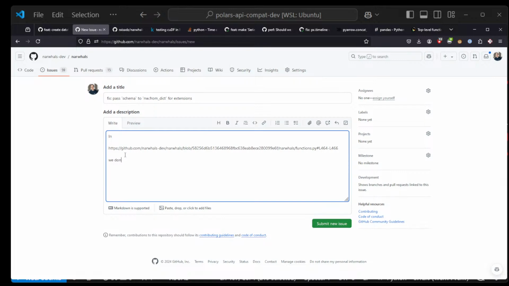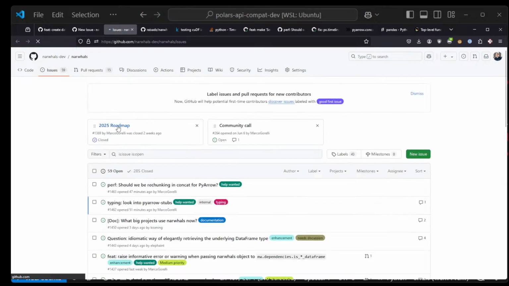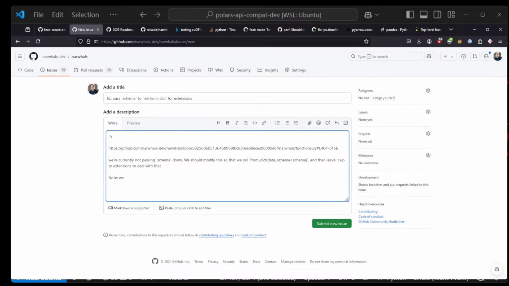So in here, we're not passing schema down. We should modify this so that we call from_dict with schema equals schema, and then leave it up to extensions to deal with that. Now, currently, we don't have any Narwhals extensions. Note, we currently don't have any Narwhals extensions around,